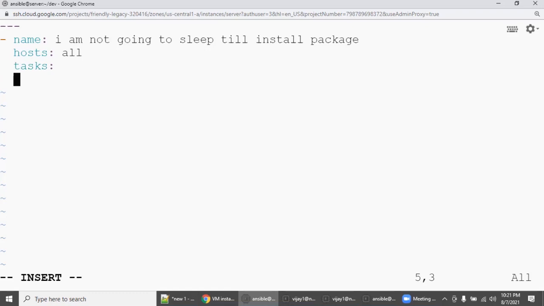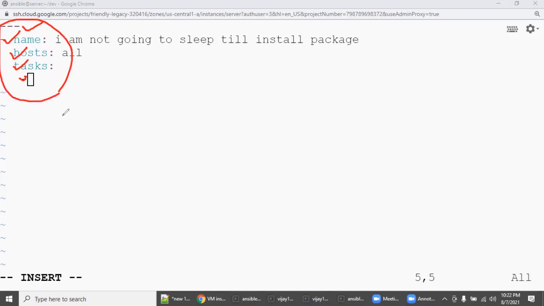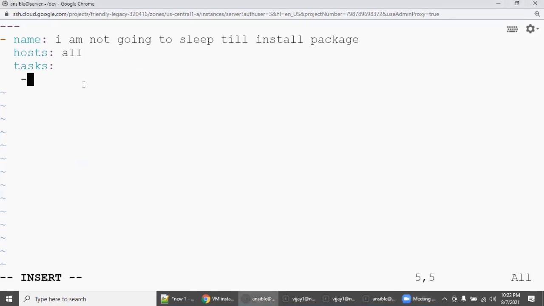Since I'm going to start my subtask, I need to go one indent inside the hyphen. So if you are able to achieve this, line 1, line 2, line 3, line 4, line 5 is one space inside. If you know this thumb rule, then writing the playbook is very easy. These 5 lines are very important. Those who are starting an Ansible career, learning, this is very important, right? Space